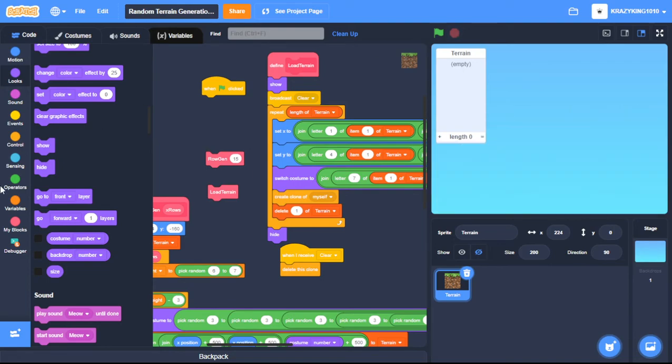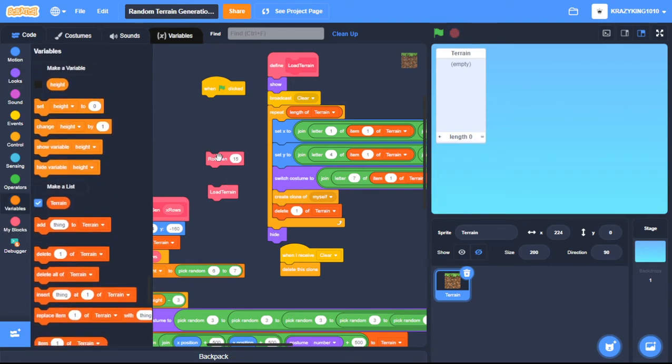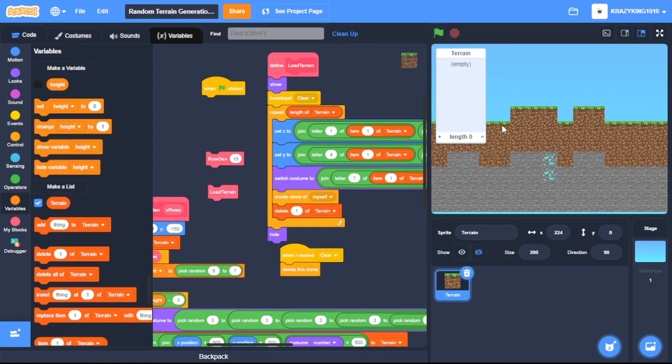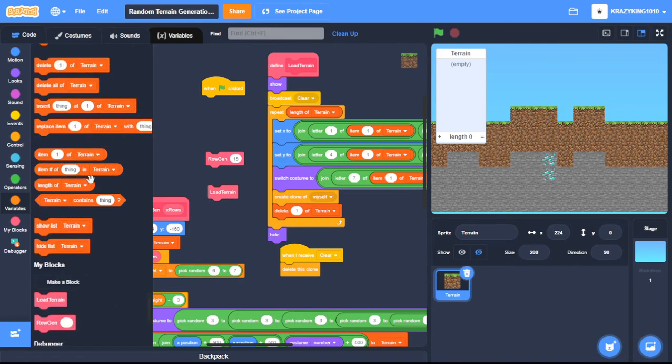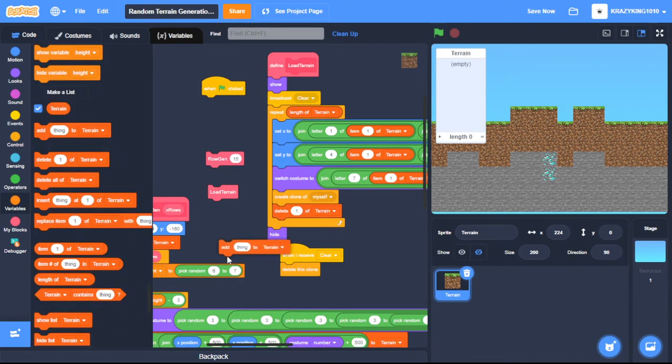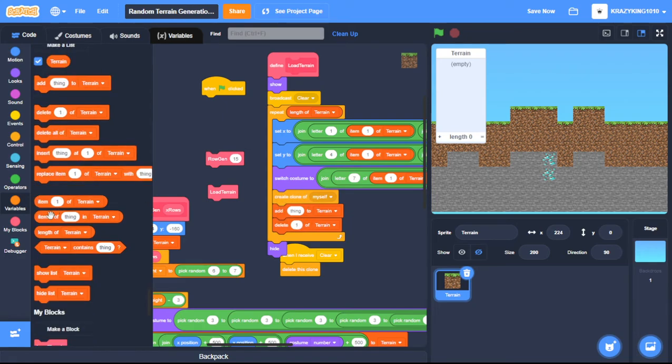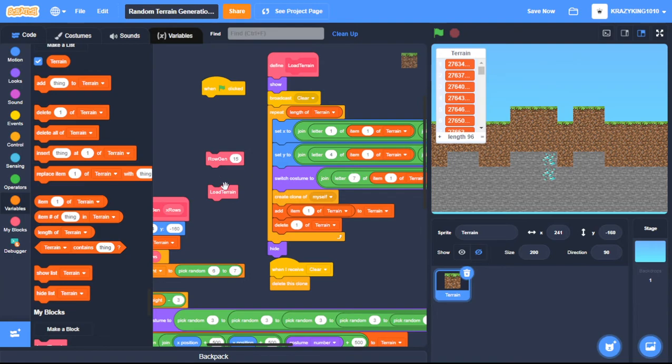Now the one thing with what we currently have is all your terrain gets deleted. Now that's an easy fix. You could just leave it like this. I didn't put this in yet because I didn't know if you guys want it to delete your terrain or your whole terrain list, so you can never generate it again. It's fine, but you could. All you really need to do is go add, before this delete 1 of terrain, create clone of myself, and we're going to add item 1 of terrain to terrain, and then we delete item 1 of terrain. So now if you go row gen, load terrain,